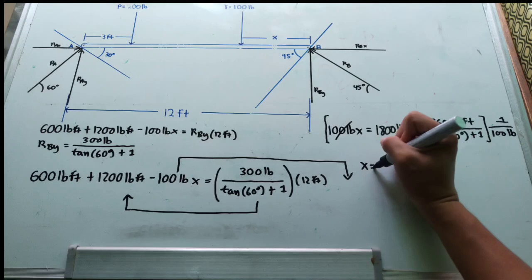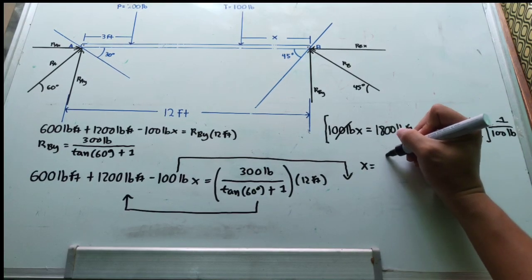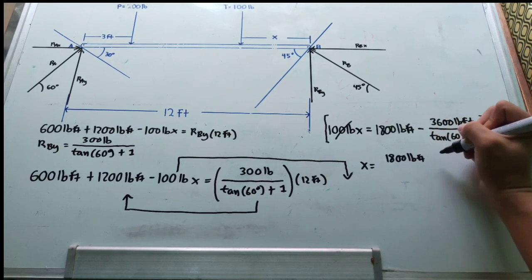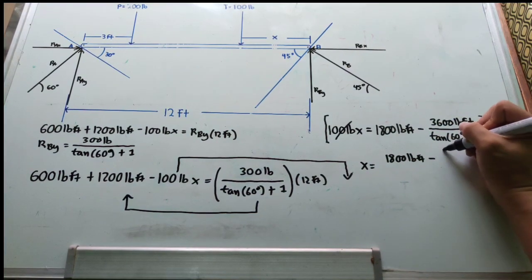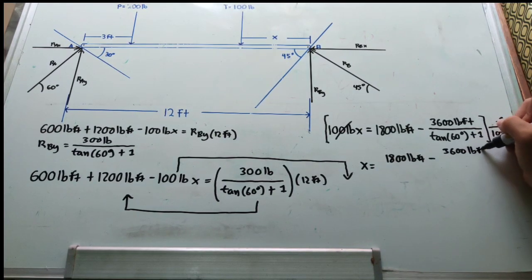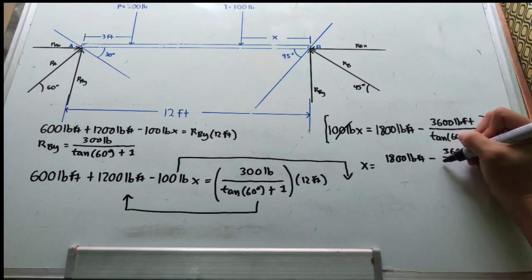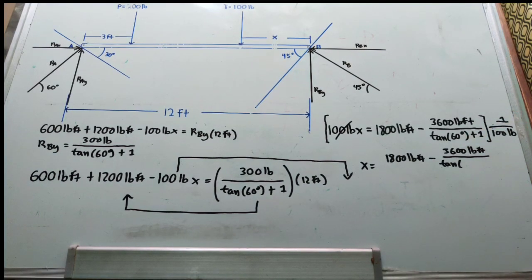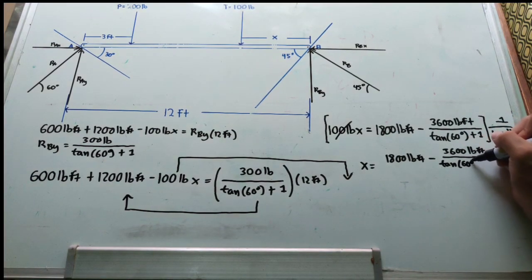So x is equal to 1,800 pound-feet minus 3,600 pound-feet over tangent 60 degrees plus 1,